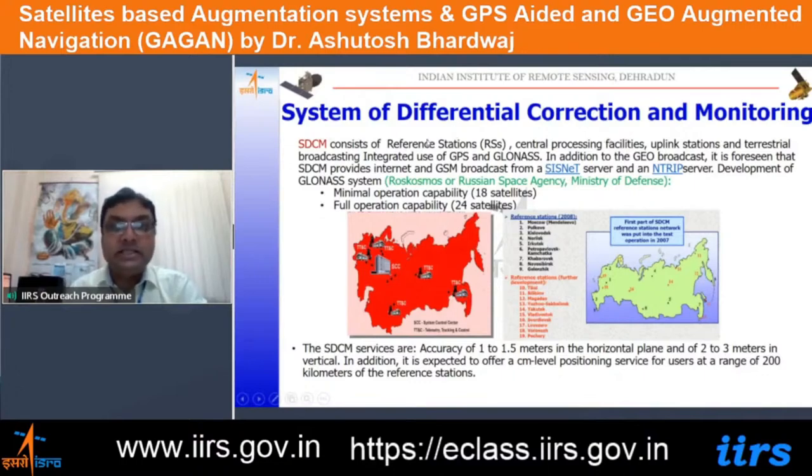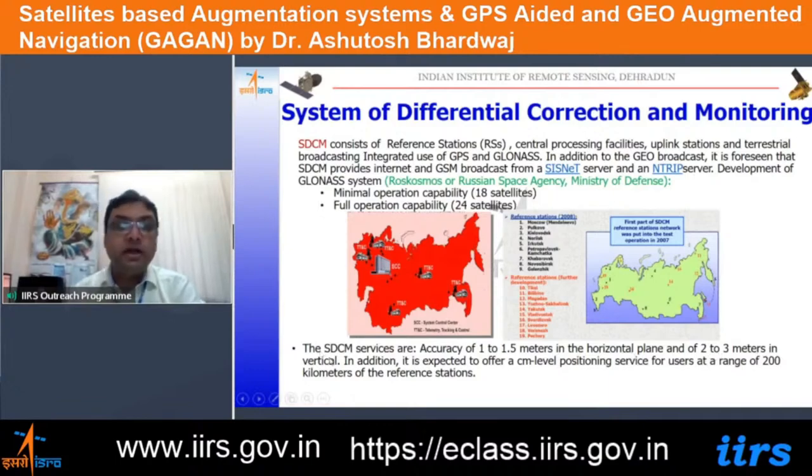That is the SDCM. Here also in case of Russia, they are also using the GSM broadcast from the SISNeT server and the Ntrip server. So they have a facility from the SIM card based system also through the mobile services as well as through the internet services. So that kind of system they have for the Russian region, and they are on the move for further improvements. Using this SDCM system, they are able to provide 1 to 1.5 meter accuracy in the horizontal plane and